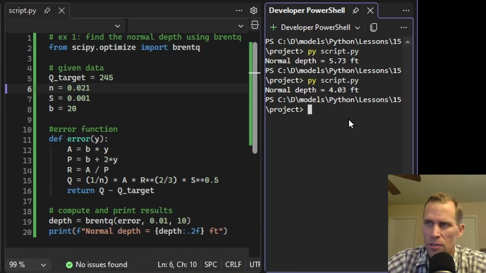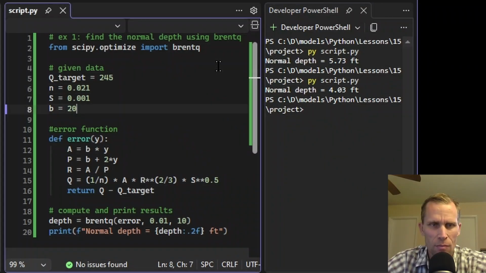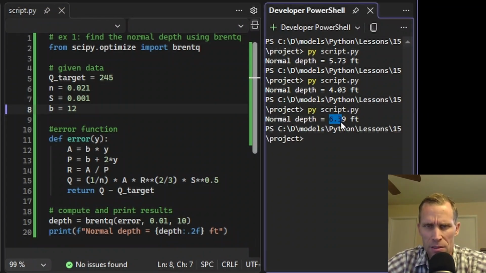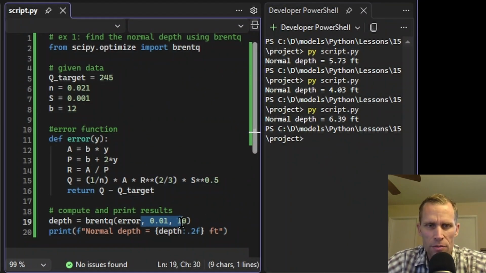And let's change one more thing. How about let's reduce the width from 20 feet. That's our B variable here on line 8. Let's make it 12 feet instead. So that will increase the normal depth. It was 4.03. Now it's 6.39. That's in feet. Now, you may be like me and curious about what sort of tolerance is used, like how